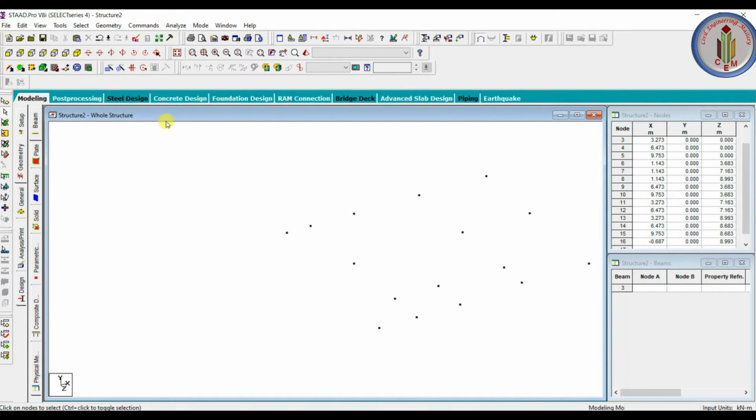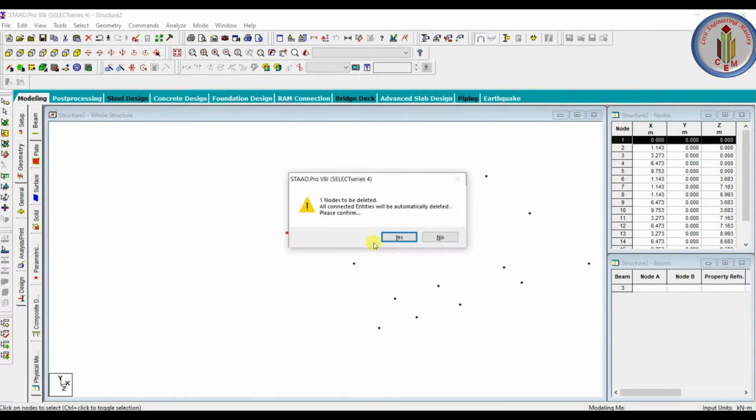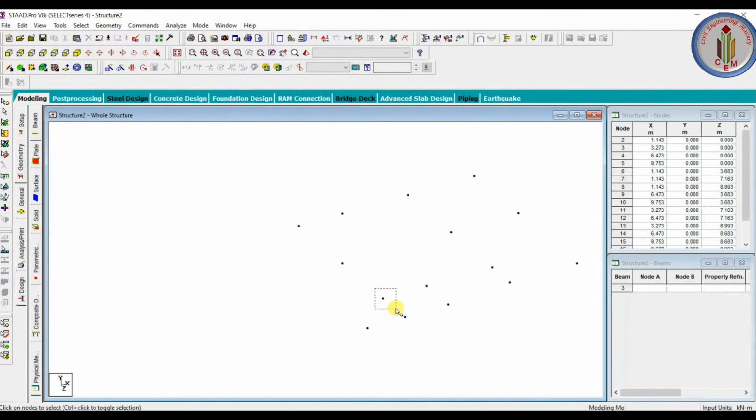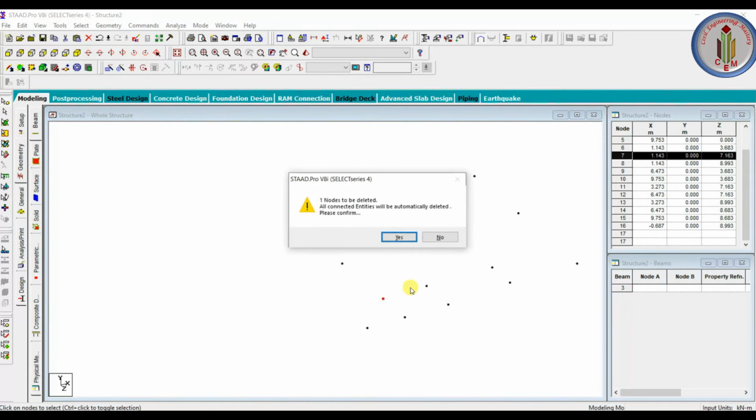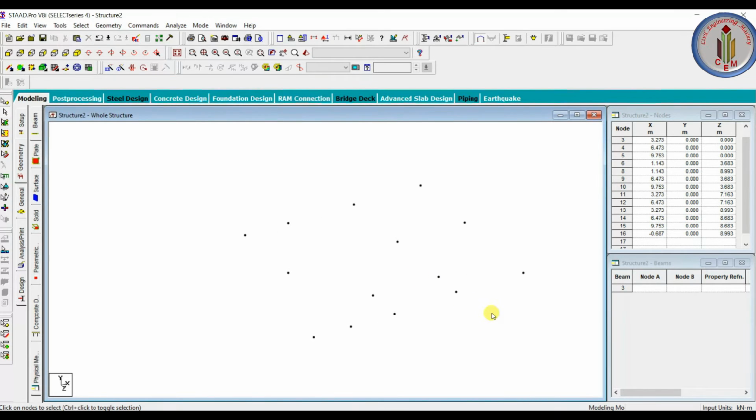So now we don't have this column over here, so let's delete it. And even we don't have this column over here, let's delete it.